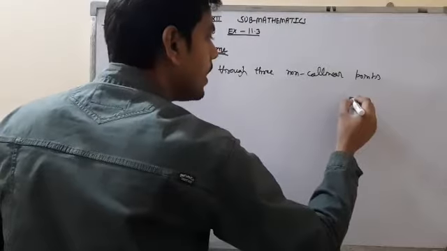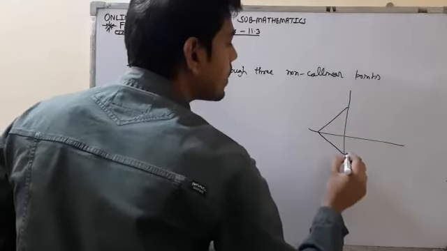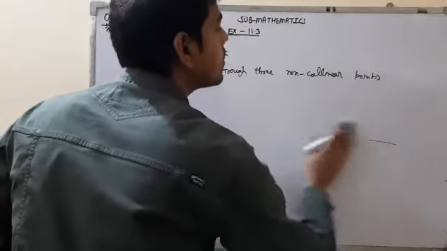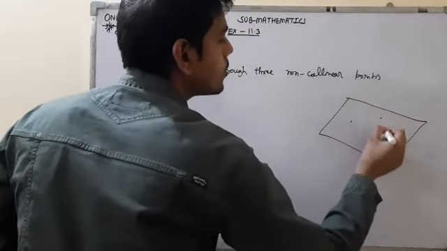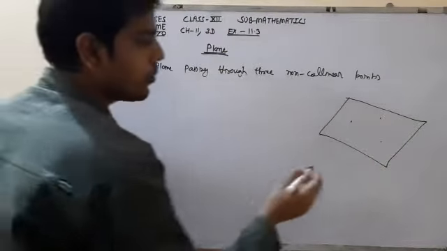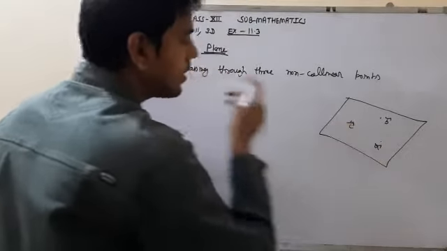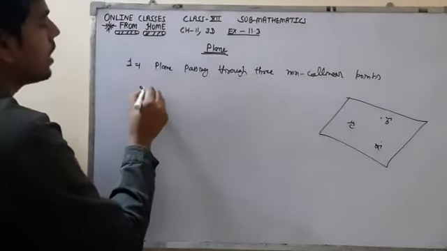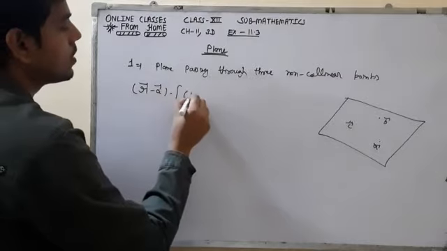So when a plane, let me do a 3D. Suppose this is any plane and it is passing through three non-collinear points. Suppose the position vector of this point is A, this point is B and this point is C. Then the vector equation of the plane passing through three non-collinear points would be (r vector minus a vector) dot (b